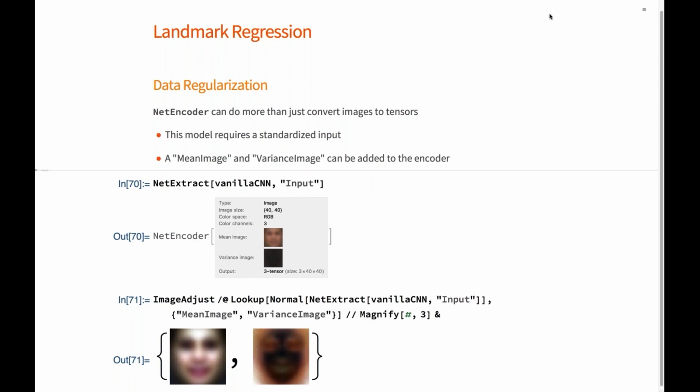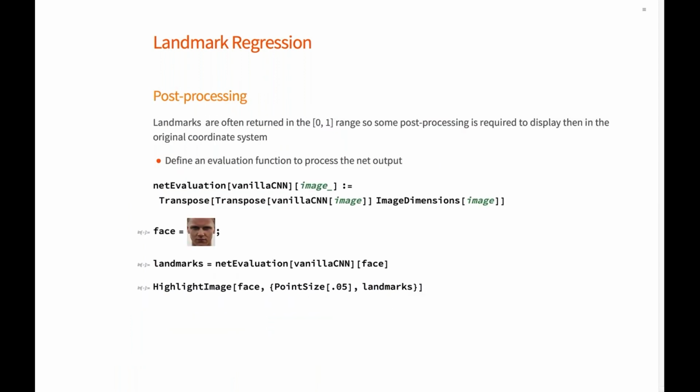So what we have here is, as I was saying, a standard normalization for the dataset. Once this kicks in, we can send the data to the network. And given that this network predicts absolute coordinates in the 0-1 range, we want to define something that we have also not seen yet. It's a quick post-processing step that will take the output of the network in the 0-1 range and rescale using the dimensions of the image.